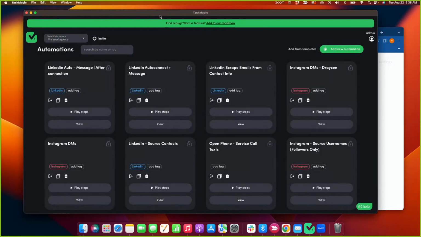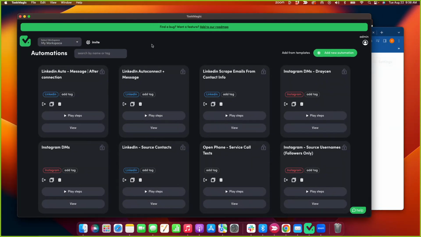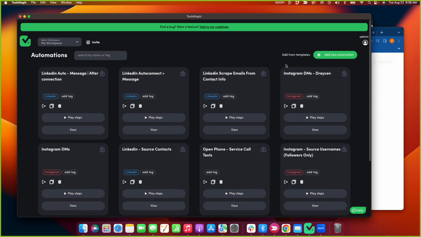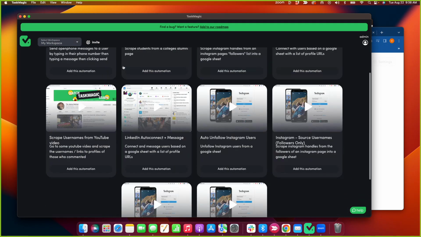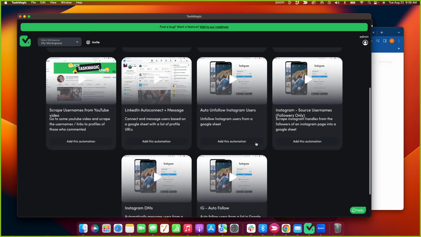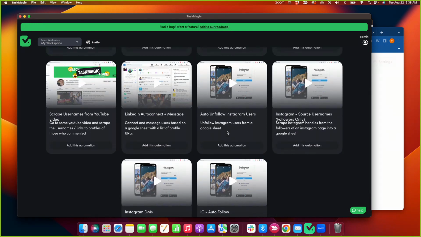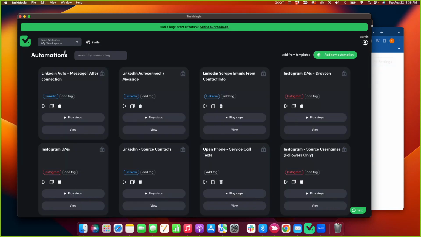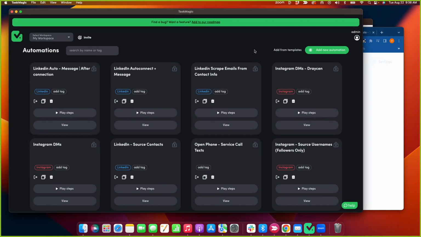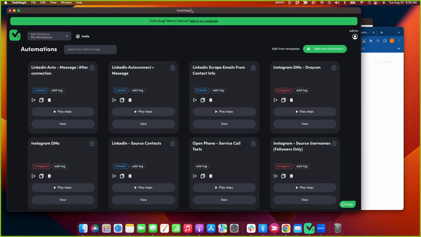All right, a video on how to build an auto unfollow for Instagram. Just a heads up, if you go to the template library up here in the top right, we do have a template for auto unfollows. You can add this automation and test it, but again, it's always going to be better to build the automation manually through capture steps because every account can be different. For templates, we have done our best to account for all different types of accounts,